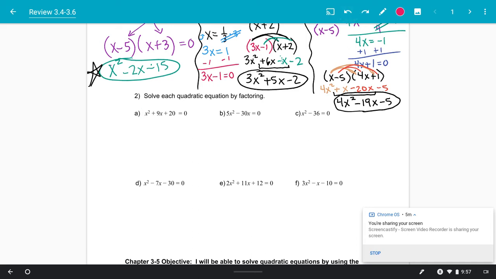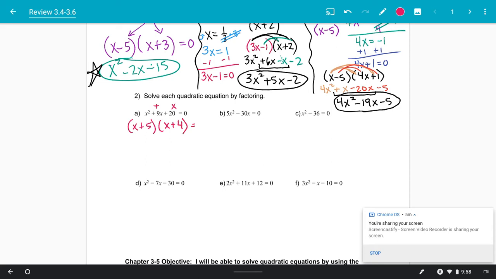So what I would personally do is I would try to find 2 numbers that multiply to 20 and add to 9. So let's see, 2 and 10, no. -2 and -10, no. If it multiplies to a positive and adds to a positive, that means both numbers are going to be positive, just as a heads up. So 2 and 10 doesn't work, 1 and 20 doesn't work, but 5 and 4, 5 times 4 is 20, 5 plus 4 is 9, so you would go x plus 5, x plus 4,